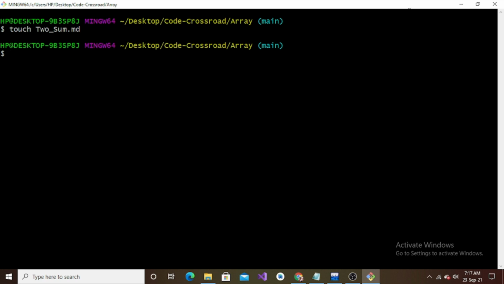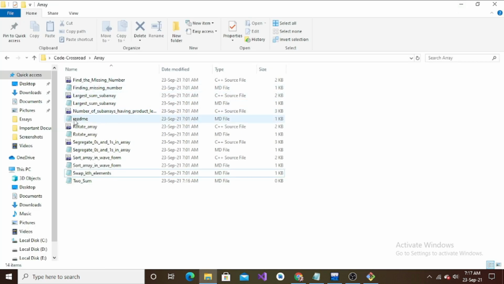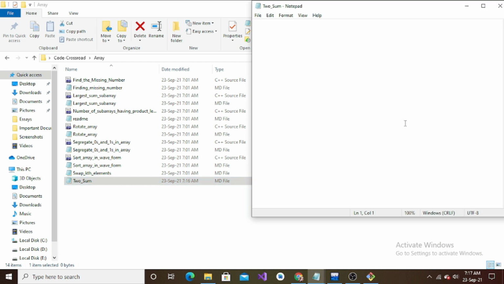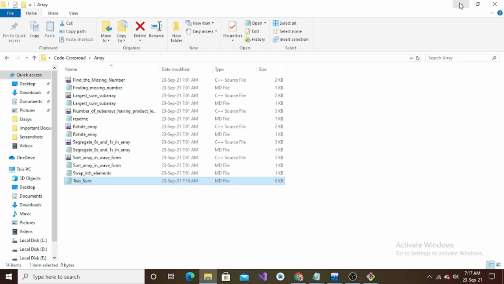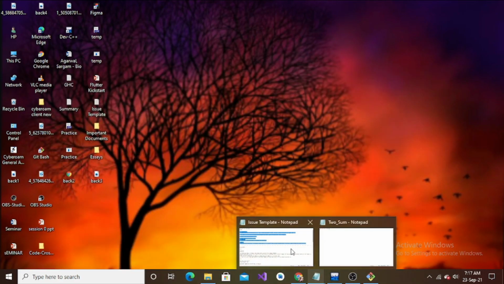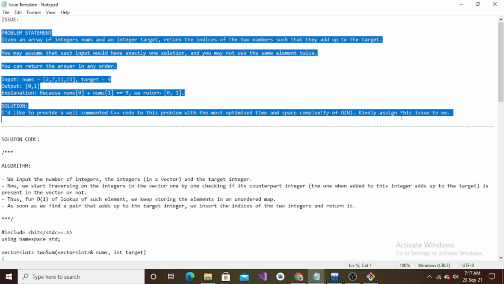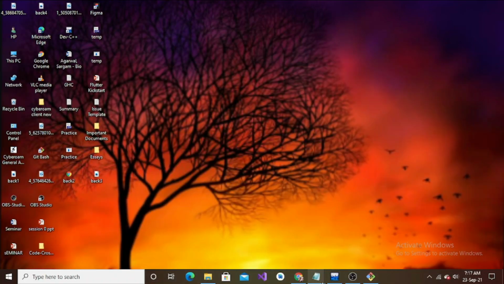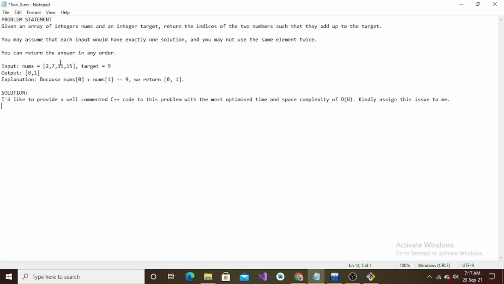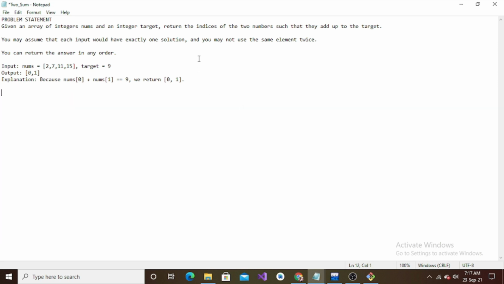Great. So now if you go back to your project, you can see that a tosum.md file has been created, right? So I simply open it up, right? And I have to give the problem description over here. So I have it already, just a second, right? So let me open that up. Great. So it is the same thing. I'll just copy it again, right? Okay, and I'll make the changes in this problem, and I'll just remove the solution part. Okay, now everything is good.